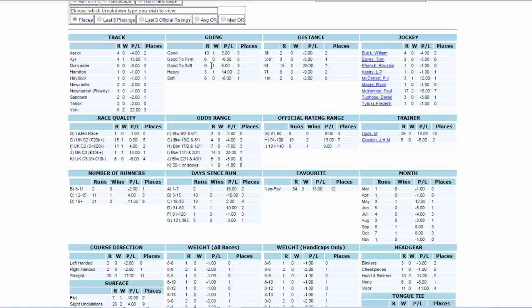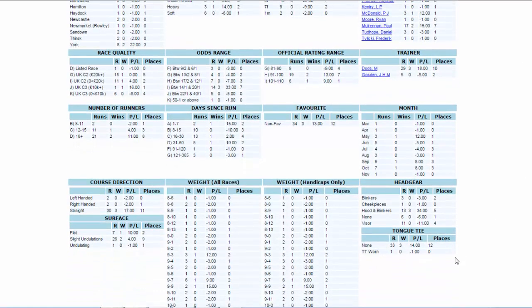His preference is 0 from 6 from good to firm, so you need to be good through to with juice in the ground, soft through to heavy. And it's an interesting one. Whether or not I would back him blind next time he crops up in a 6 furlong race with hood and blinkers on, I'm not sure, but without doubt it's certainly a way in, and if he's a decent price